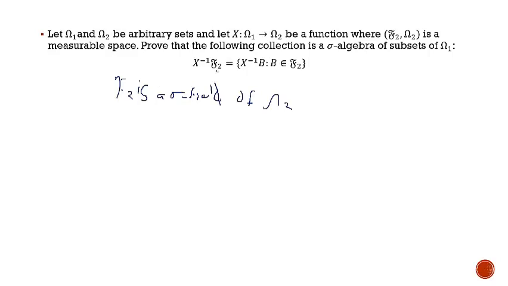X minus 1 of F2 is a collection of subsets of omega 1 such that